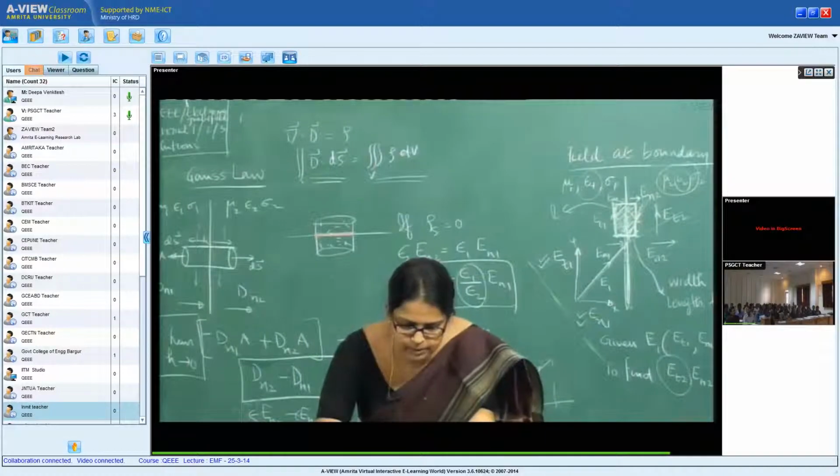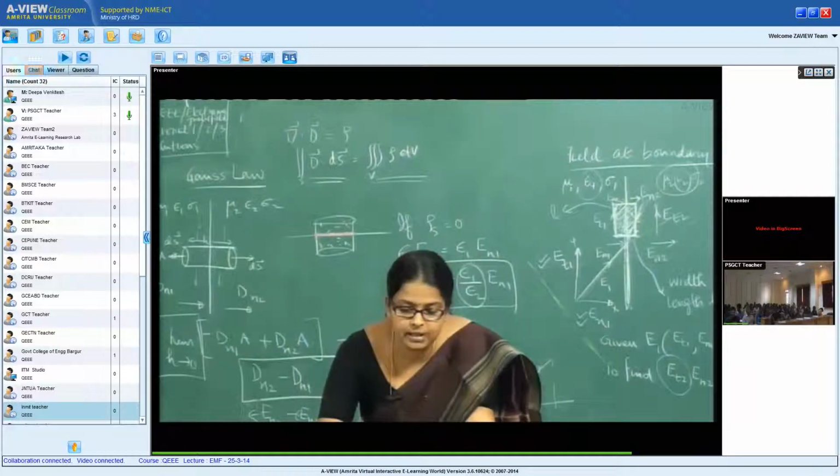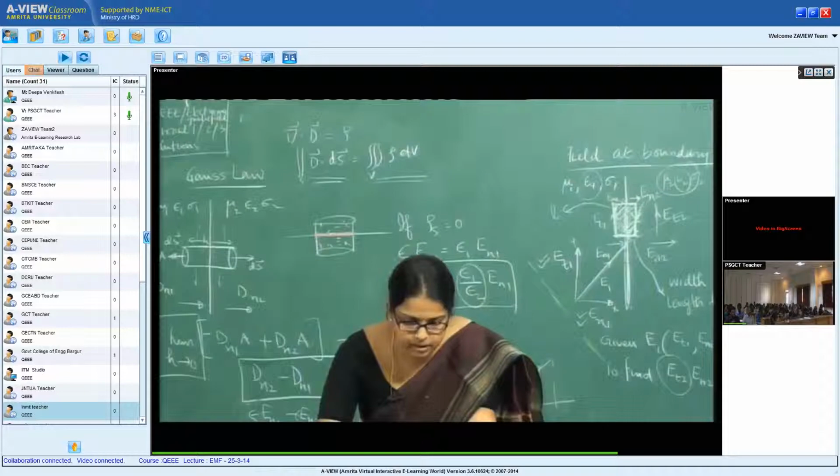So to sum up what we did today, we completed the Maxwell's equations by fixing the Ampere's law, and then we talked about boundary conditions to calculate the tangential and the normal components of the E field whenever the field is hitting a boundary. The class is open to questions. Please ask any questions if you have.